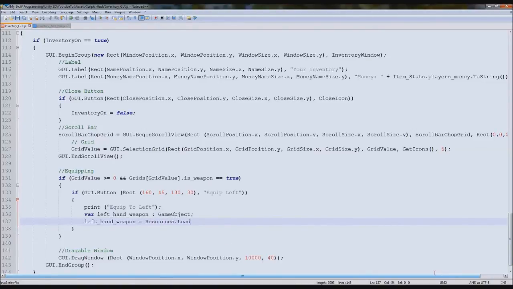but we only want to load one. So you type resources dot load, then in brackets and speech marks you put your path. So we're going to put resources is the default one, then we'll say prefabs slash weapons, then that should do. So prefabs slash weapons plus, in fact we'll put slash, then put plus, then we put grids. So just like we did up here, grids, grid value, dot name,